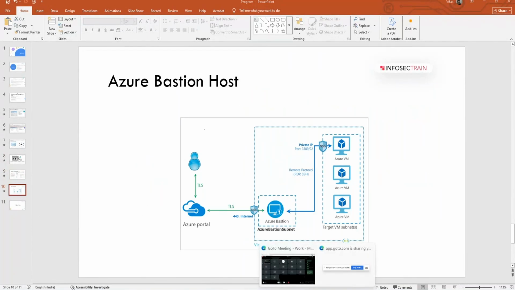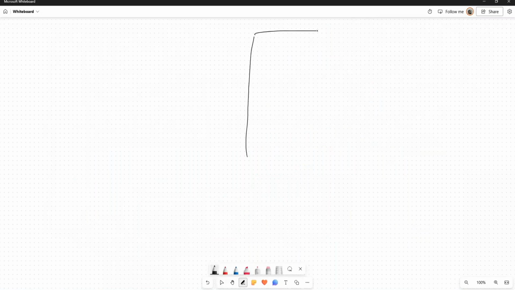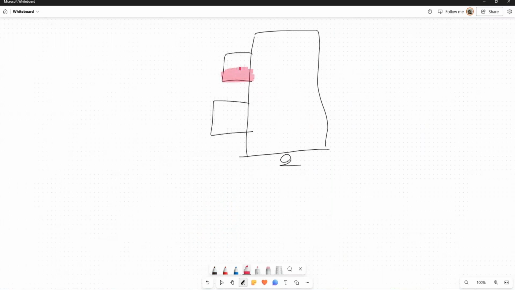Before that, some important technical explanation. When you build one VM in Azure, by default, without doing anything, I will show you, you get two IPs. One is a red IP and one is a green IP.